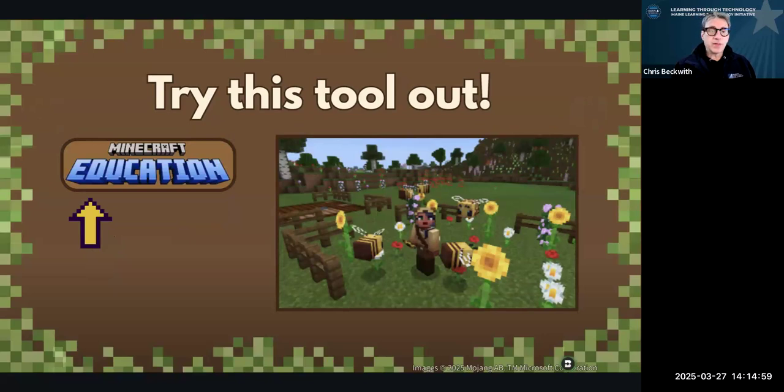Minecraft is still a favorite of a lot of people, and if the kids have never played it, they are familiar with it, and I've never met a student that says I don't like Minecraft. So when they go into Minecraft for education, it's a familiar world, but the rules are a little different.